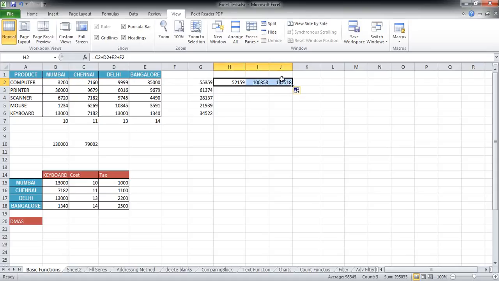And like always, we can also do the same procedure by first selecting the area on which we want to perform the autofill procedure and then pressing Control and R together. So we will have the same results. This is all about the autofill options available to us in Excel.